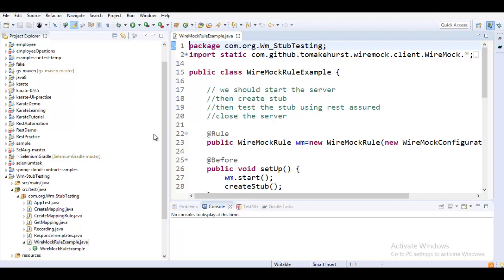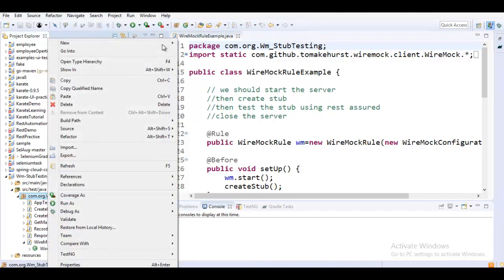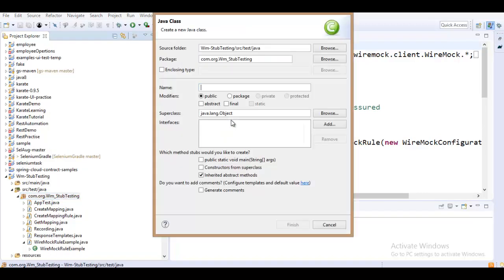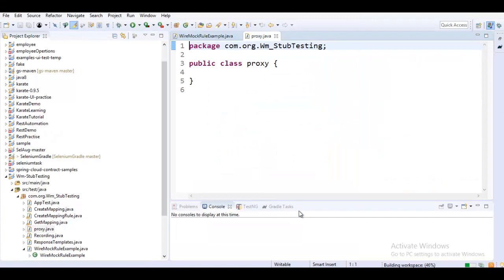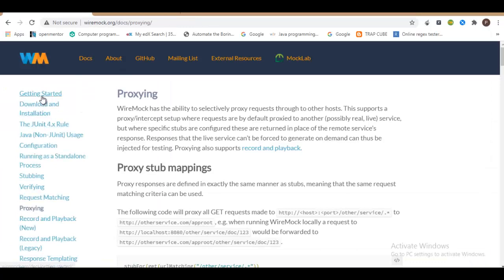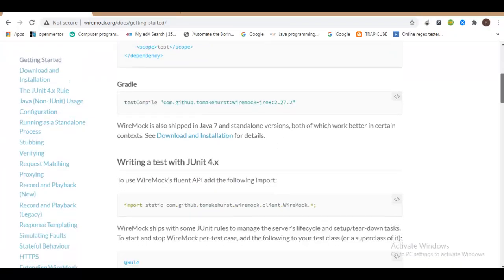Let me just get to Eclipse and create a class file, and let me call this proxy and finish this thing. And let's just import the particular package so that we can really get started, so that all methods would be listed.